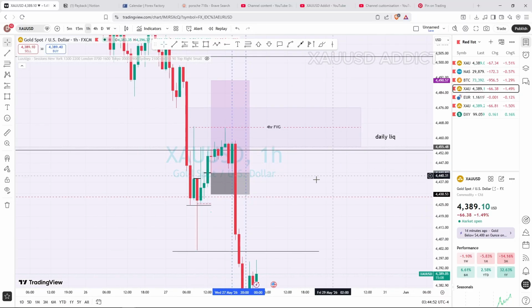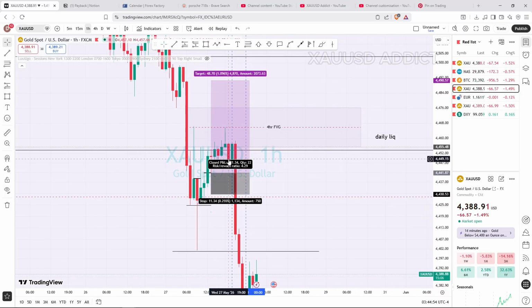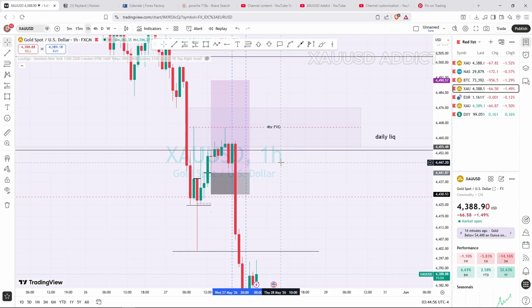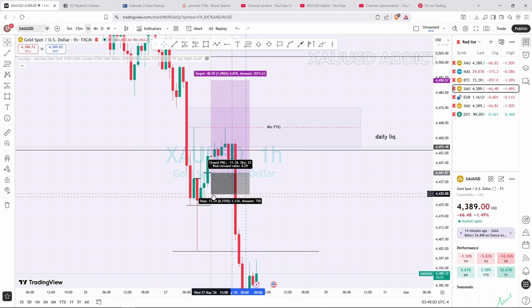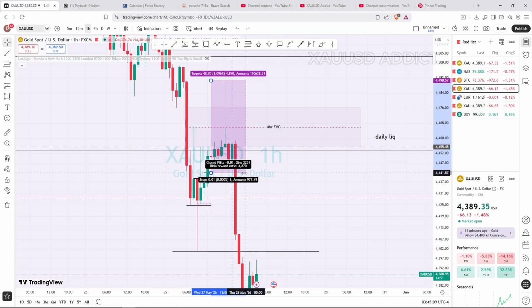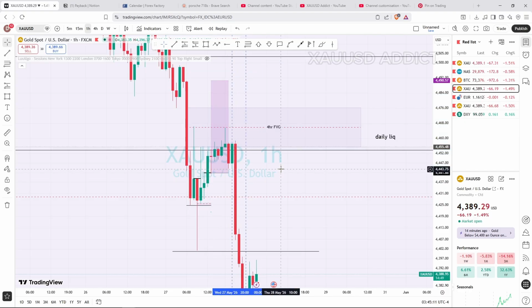Okay, so after seeing this bearish engulfing candle, I just knew that we are not continuing to buy, and so I cut down my losses. I got out of the trade, and journaled the trade as a break even.